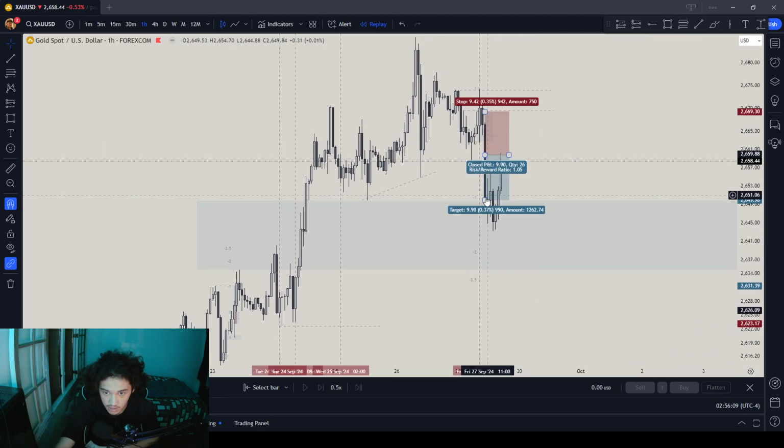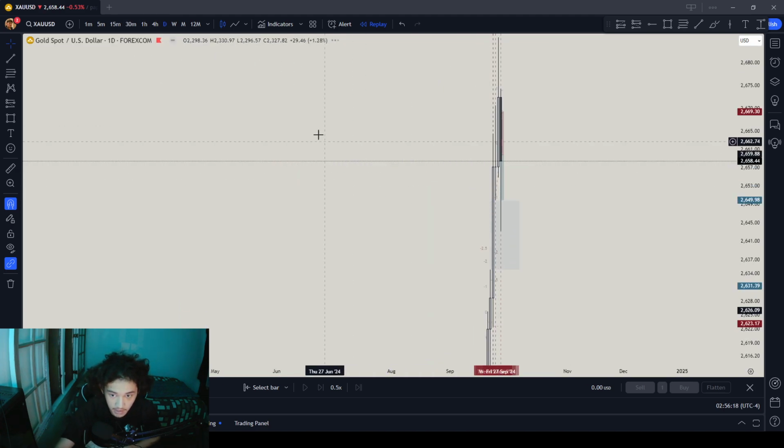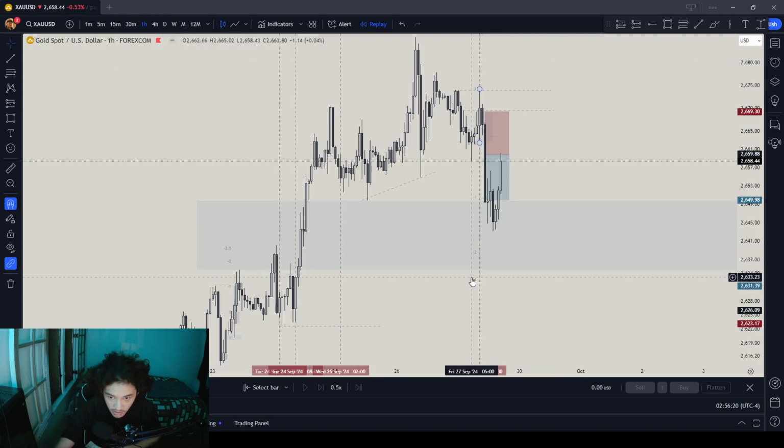So you could have shorted this to the daily, this would have been your main goal, because why? Because the main daily, right? There is the daily fair value gap, right? So that's your range or take profit, and you wouldn't be this deviation, because why wouldn't it be this? We're only using this deviation to the main drawn liquidity and to the ones that are partially there, right? There's something there, so that's gonna be our main goal, and the main take profit as well. And yeah, with that, that's that.